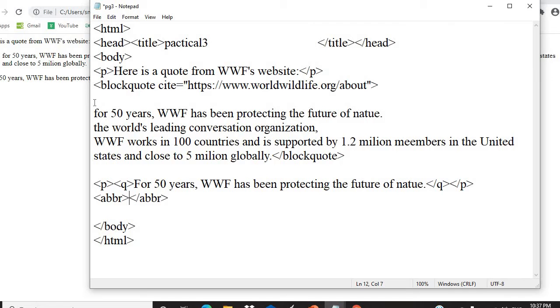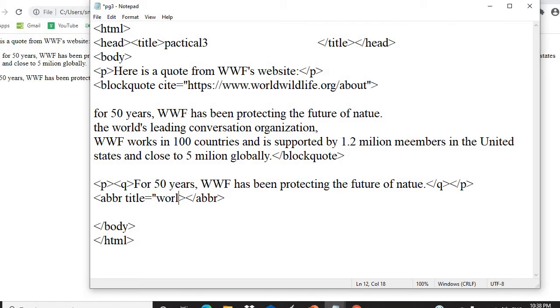For example, we will see over here. Let's give the abbreviation title, whichever you want for your text. Abbreviation is my tag, and within it title is my attribute. Whichever title you want, you can give here.